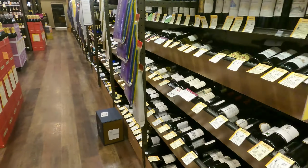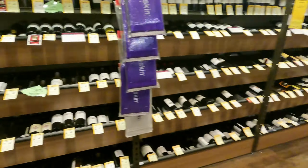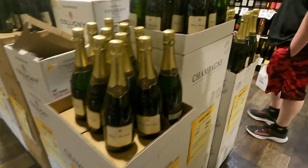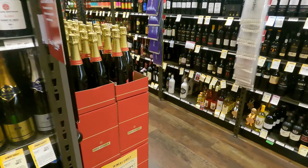So we're just going through the wine. I didn't spend a lot of time here. We don't specialize in wine or anything, so I'm just showing you guys. They had a huge wine selection. Good wine selection, good alcohol selection. Not a great beer selection, but that tended to be the theme for most of the places I went to